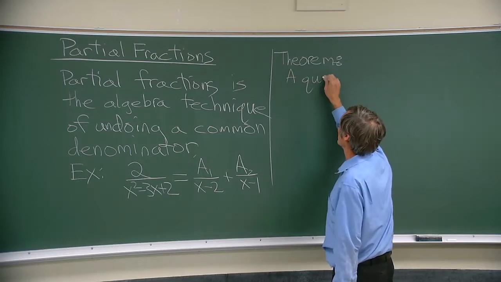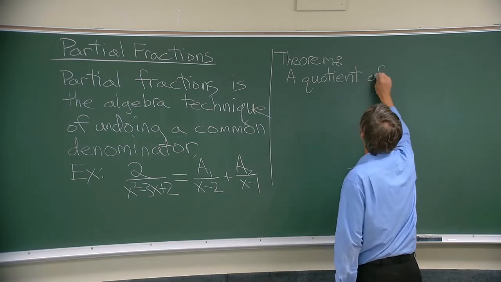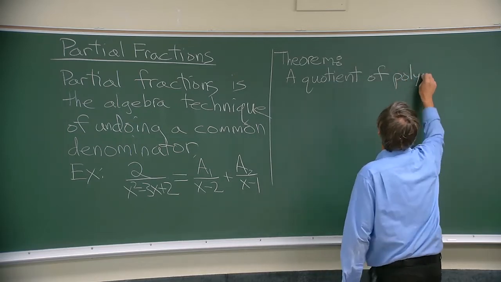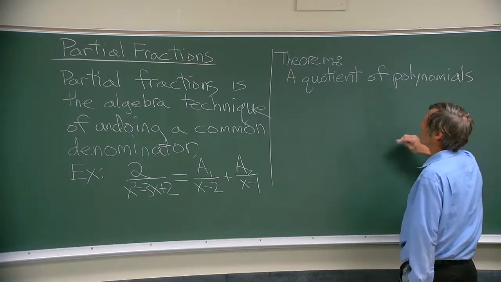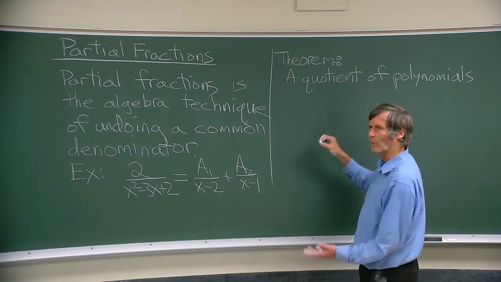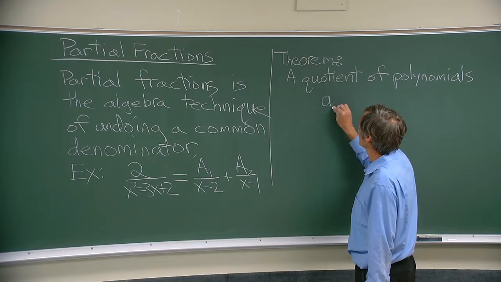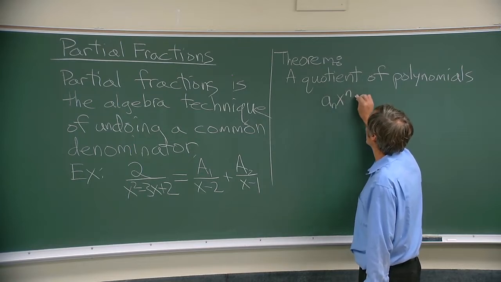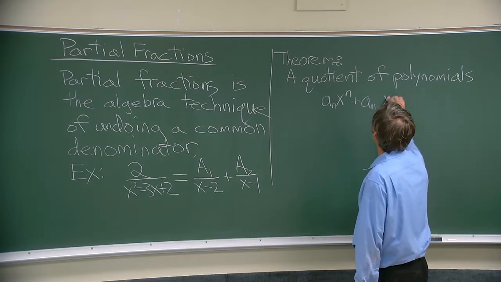A quotient of polynomials. Maybe you remember what polynomials are. We deal with them all the time here. They're very important in algebra and nice in calculus because they're easy to work with. A quotient of polynomials, what is that? Also called a rational function in algebra, is a number times the whole power of x plus a number times the whole power of x